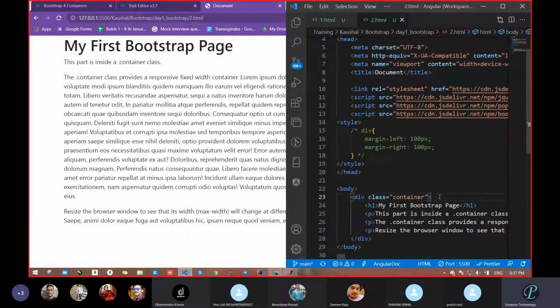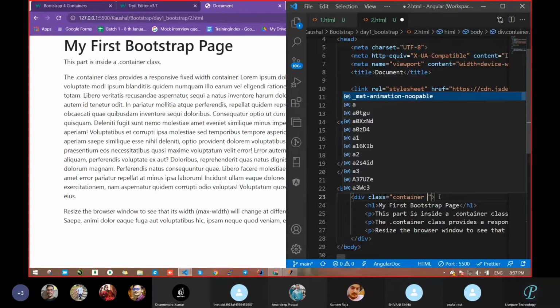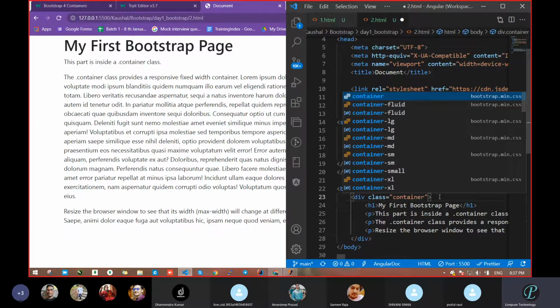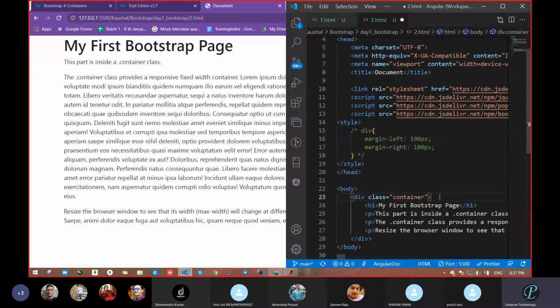Got this point or not? Sir, if we take another class name instead of container, what will happen? It is not going to blast your code. If we make a mistake and take another name, that's not an issue, it will just give its own effect. So you will verify that.